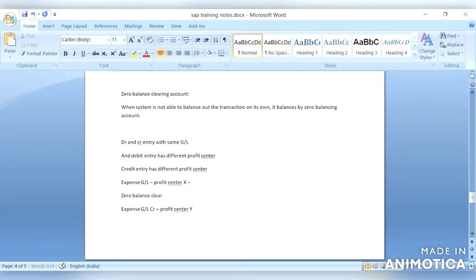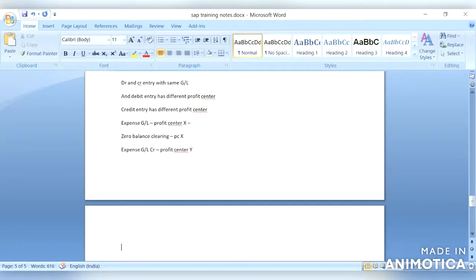Zero balance clearing account with profit center X, and same for profit center Y. Zero balance clearing account, profit center Y.